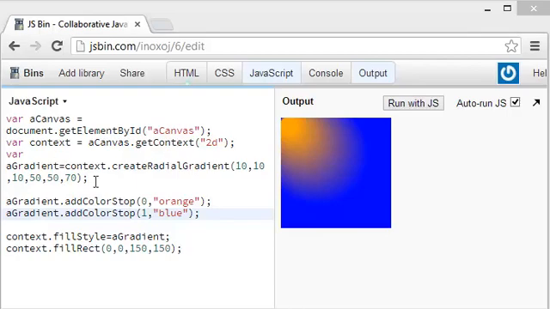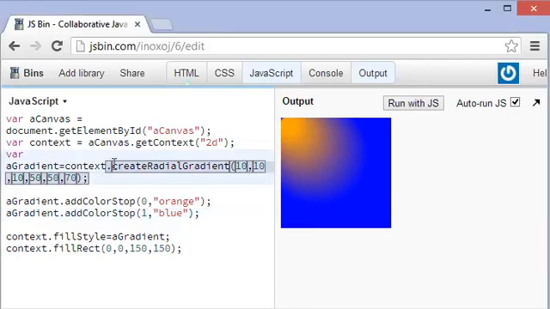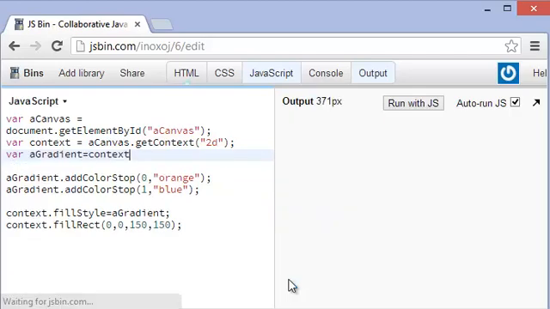Welcome back, everybody. All right, so let's go ahead and get rid of this create radial gradient. And you probably know that there are radial gradients, but there's also linear gradients. So if you type in create linear gradient,